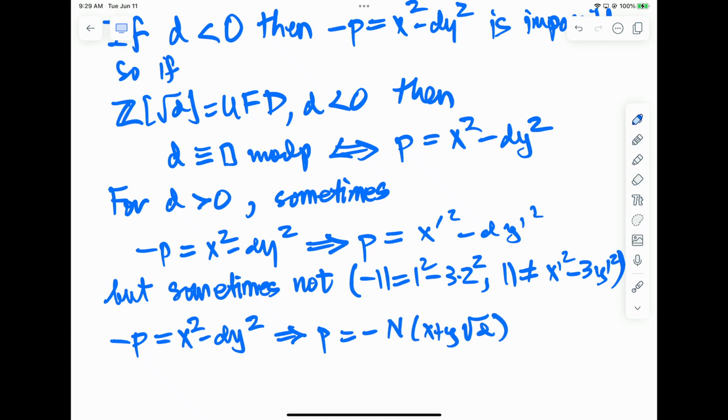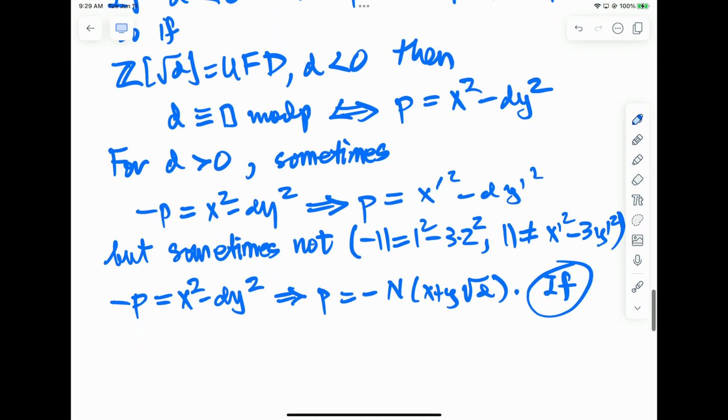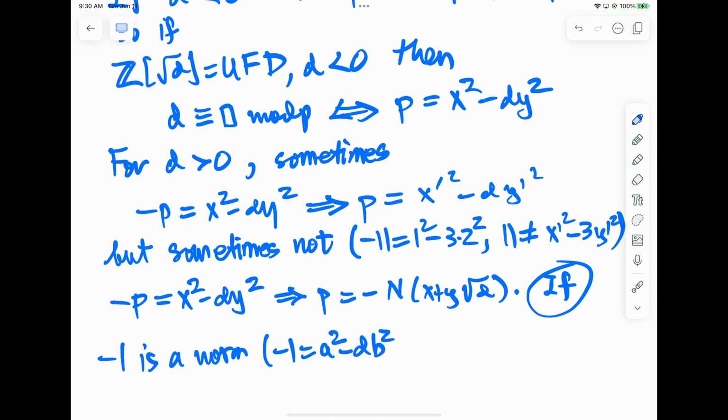I'm just moving the minus sign to the other side. And so if minus 1 is itself a norm, in other words, if you can write minus 1 in this way,